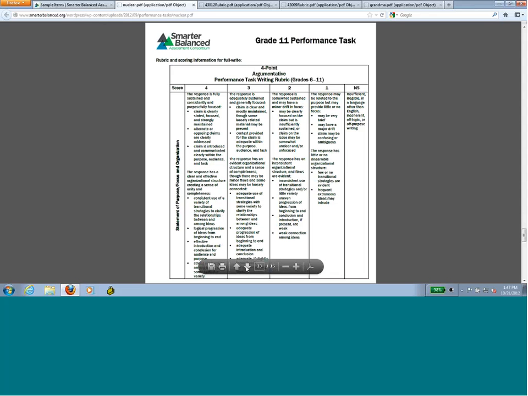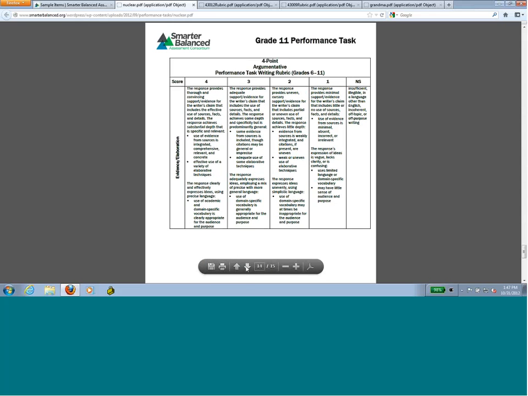And here is scoring information for the writing. It's considered a piece of argumentative text. And there's a whole 4-point scale in terms of writing. And you go down one more time. The first scoring looks at purpose and organization, and the second part looks at their use of evidence and elaboration in their writing. So that's the high school performance task, and in the interest of time, I've jumped around